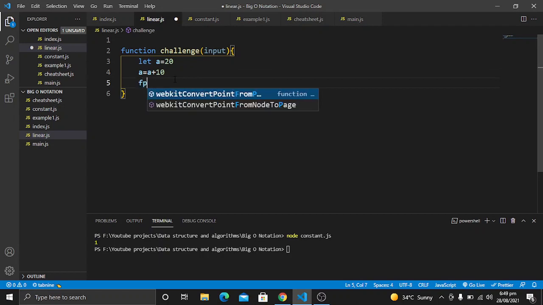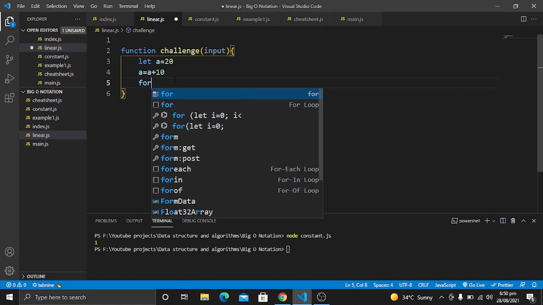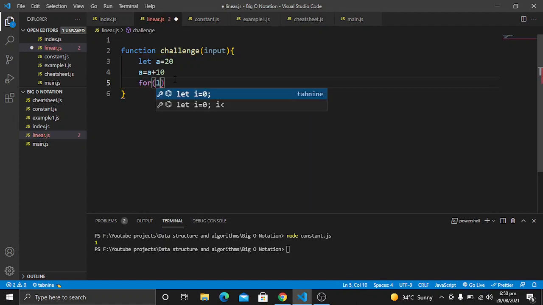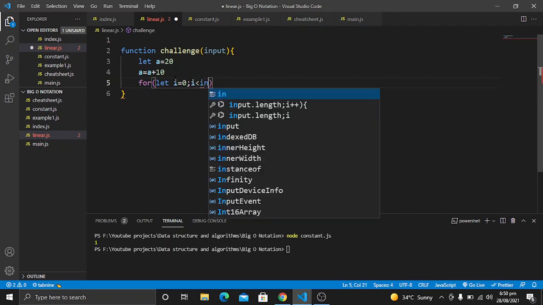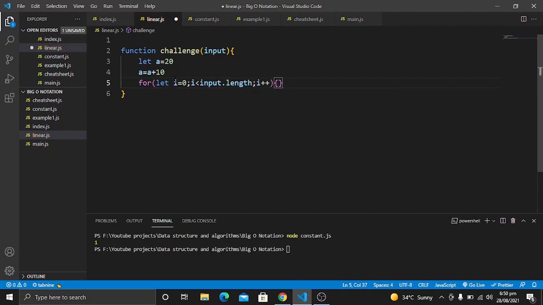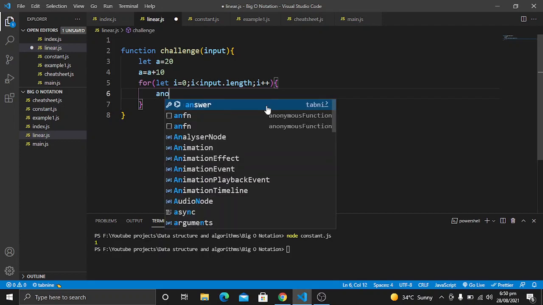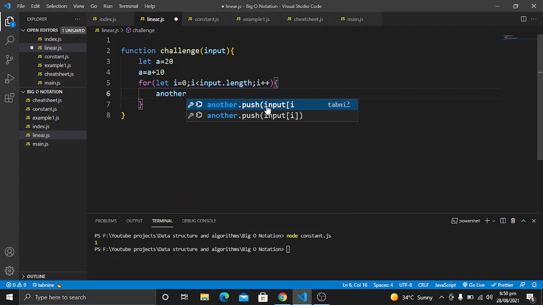Now in the next step I want to run a for loop. The for loop will be: let i equal 0, and i less than input.length. Then we will increment i. Then the functions that we want to perform. Let's assume we are calling another function here.